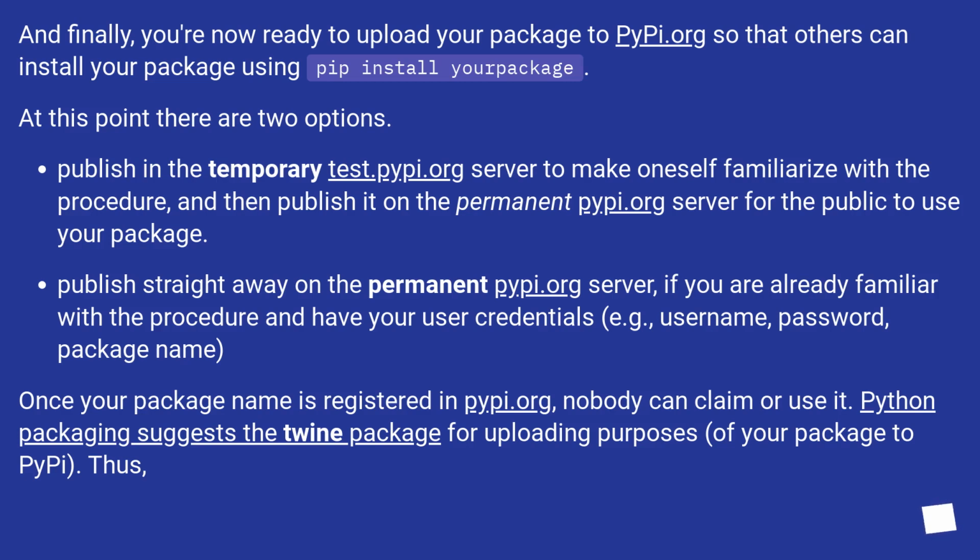Or publish straight away on the permanent pypi.org server if you are already familiar with the procedure and have your user credentials, for example, username, password, package name. Once your package name is registered in pypi.org, nobody else can claim or use it. Python packaging suggests the twine package for uploading your package to pypi. Thus,